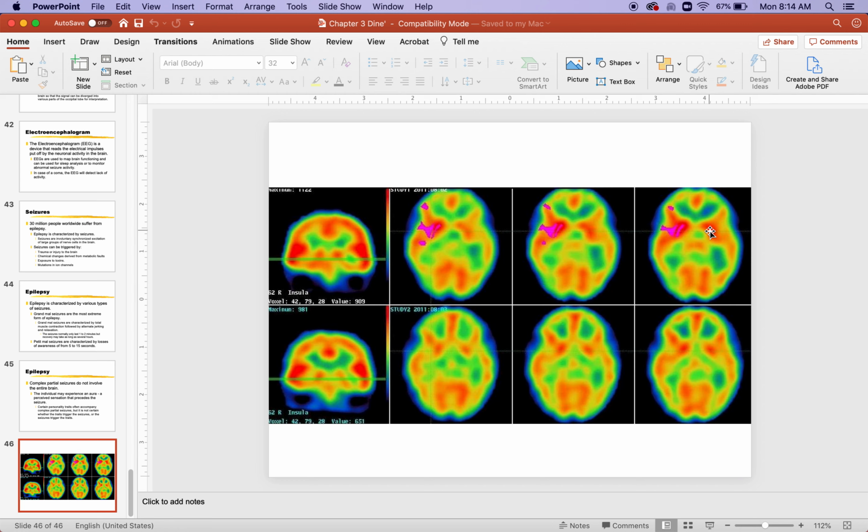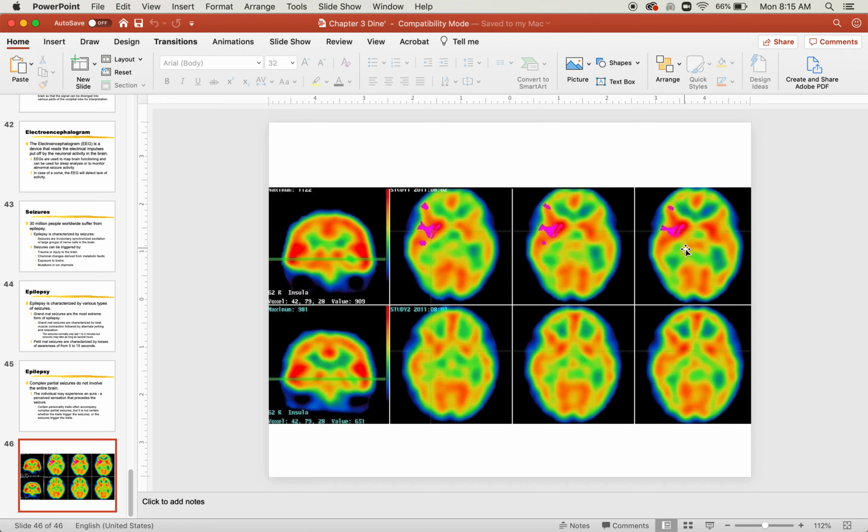And of course, a lot of times kids will grow out of epileptic seizures. I've had friends that were epileptic. Of course, the problem with epilepsy, you never know when you're going to have a seizure. So most states do not allow these people to drive, because if they have a seizure while they're driving, they could wreck and kill themselves, kill other people, and that's not a good idea.